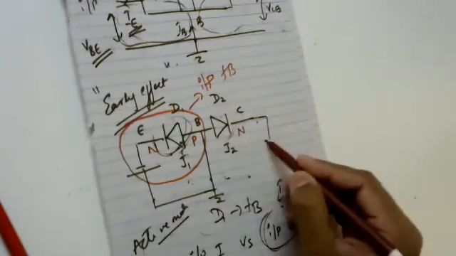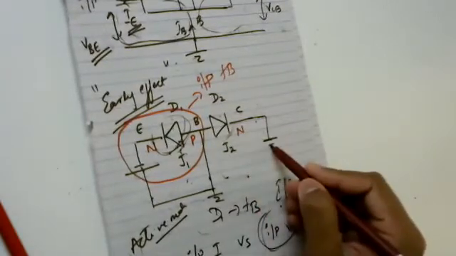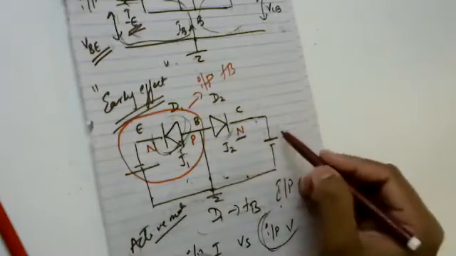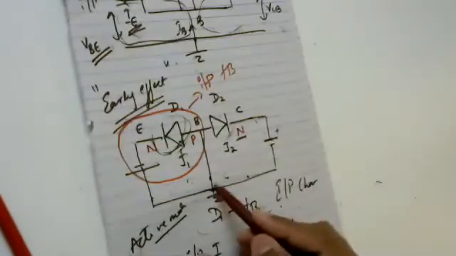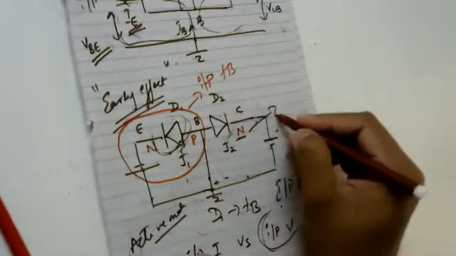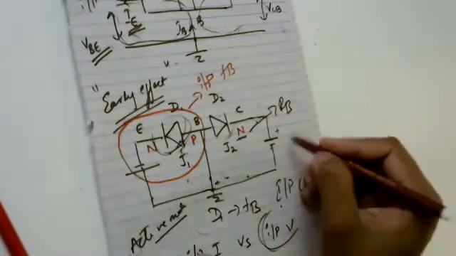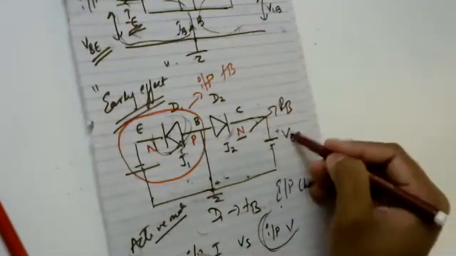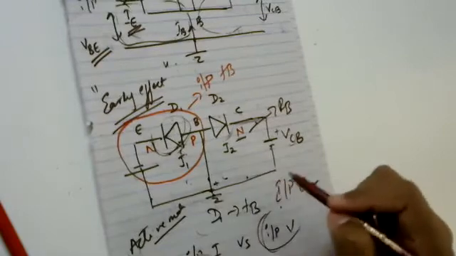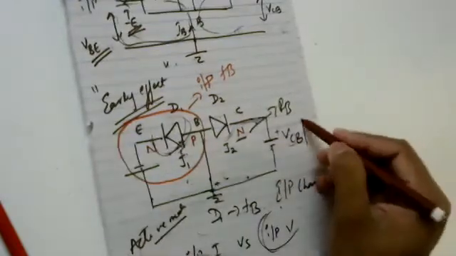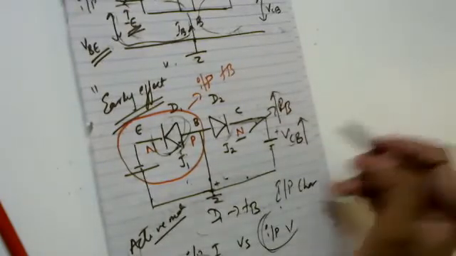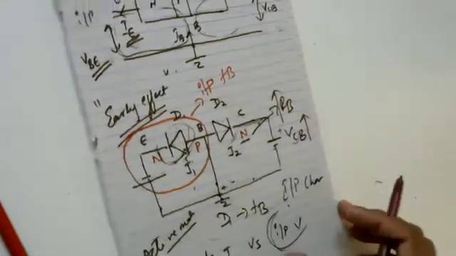Since this is positive, and this should be my negative because it has to be reverse biased. So since this is N, I'm connecting the positive terminal of the battery, and since this is P, I'm connecting the negative terminal of the battery. So now this is reverse biased, and this voltage I'm calling VCB because the collector is at a higher potential compared to the base, right? Now when I increase this voltage, that is, I'm increasing the reverse bias voltage. That's the meaning of that. I'm increasing this VCB.